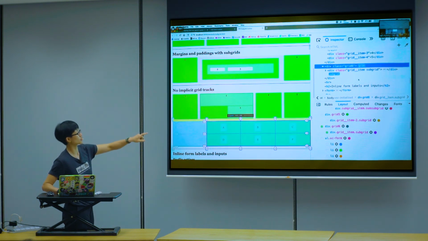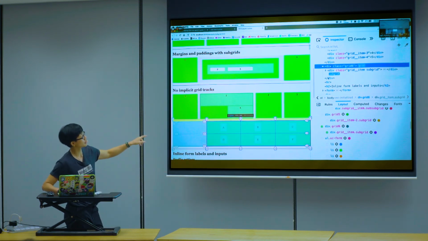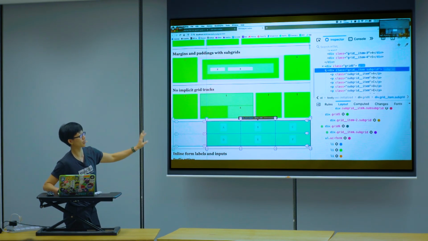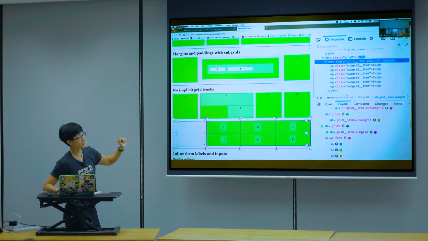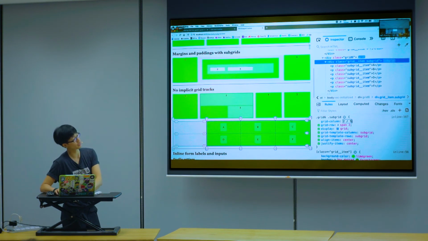So this is also a grid. The subgrid is 6 cells, so 3 by 2. So inside here, actually, I got 6 items. So let's say I change the size of the subgrid. So instead of a 6 cell, I change to 2 cell.